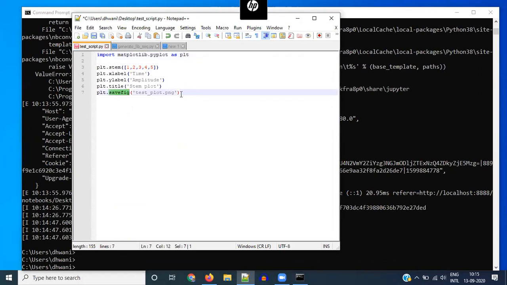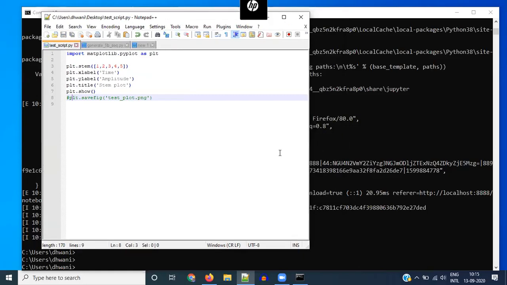So plt.savefig will also work here, but if you want to show a figure then you have to add this additional command here. But in Jupyter, you didn't have to do that. But when you're running a script, if you want to also have the figure appear in a separate window, then you need to add this plt.show. And we'll comment out the savefig for now. And let's try running this.